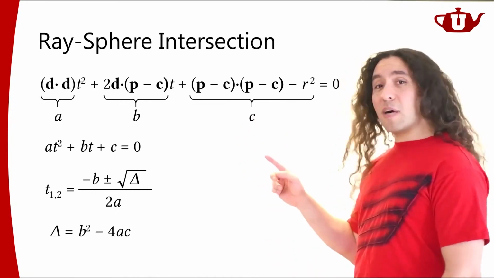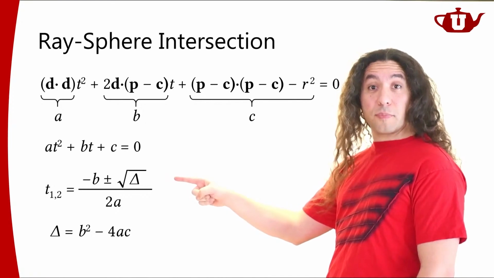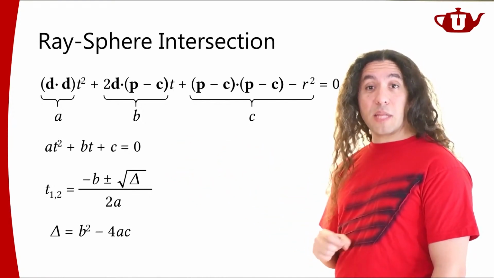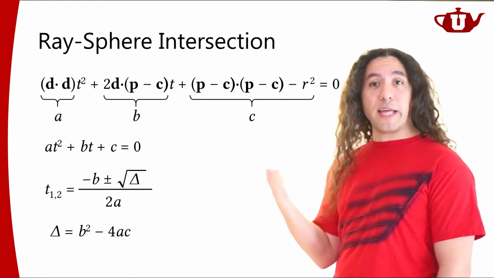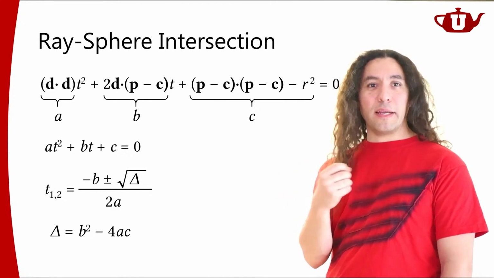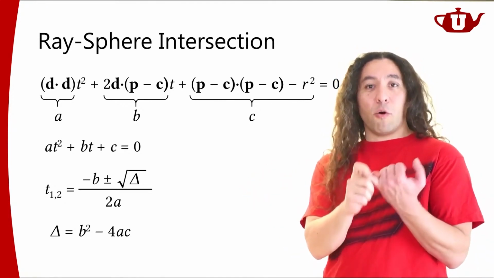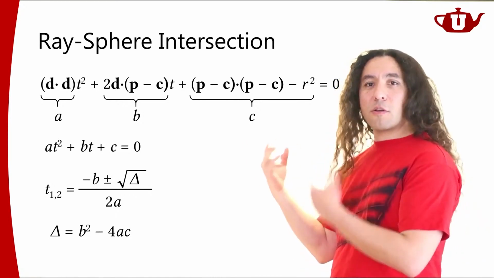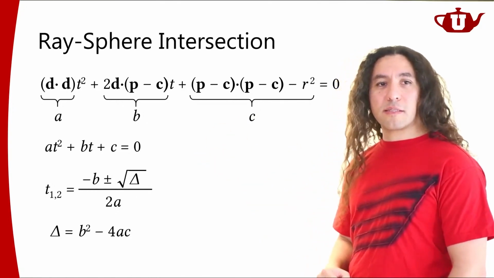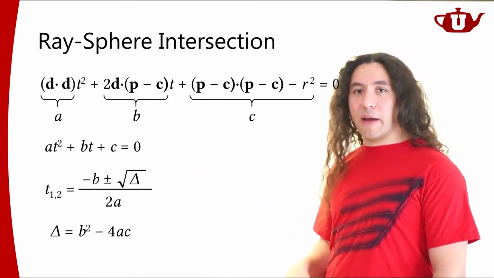So what this is going to do is give us the t values where our ray will be intersecting the sphere. And if I know the t values, I can find x, right? If I know t, I already have my ray formulation. I already know my ray origin and ray direction. So I can easily compute the position x that's on this sphere surface. So that's all I need to know. I just need to know the t value.